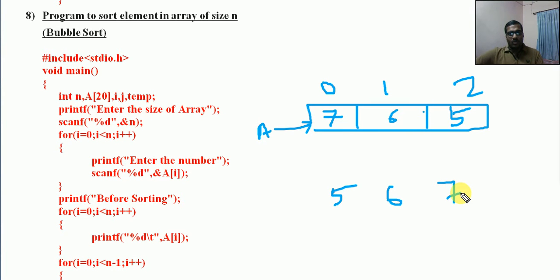Okay, so sorting means making the elements into an order. It is not only in one order, this is ascending. We can have descending also. If you are having some more elements present here, we can have starting from the highest to the lowest one, that is called descending order, and from smaller to the highest one, that is called ascending order.